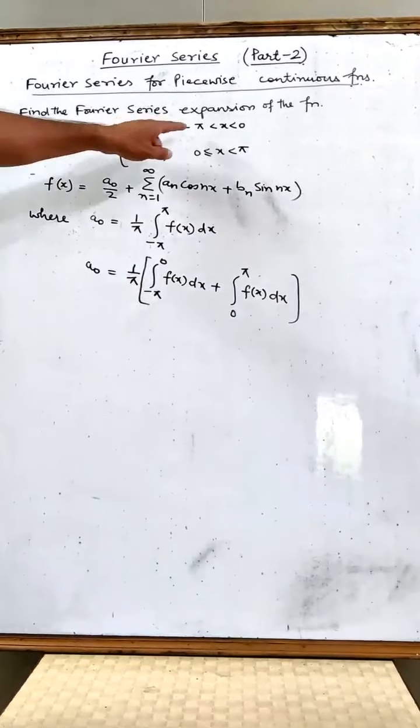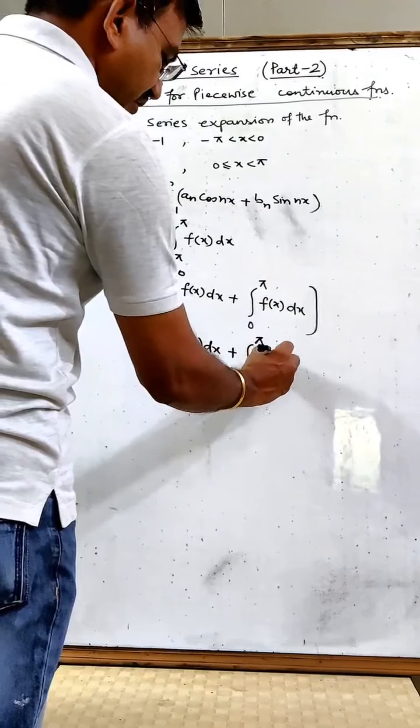The first piece was from minus pi to 0 and the second was from 0 to pi. In the same way I have divided my integral, and it would be equal to 1 by pi integral minus pi to 0, where the value of the function is minus 1, dx plus from 0 to pi, where the value of the function is 1, dx,